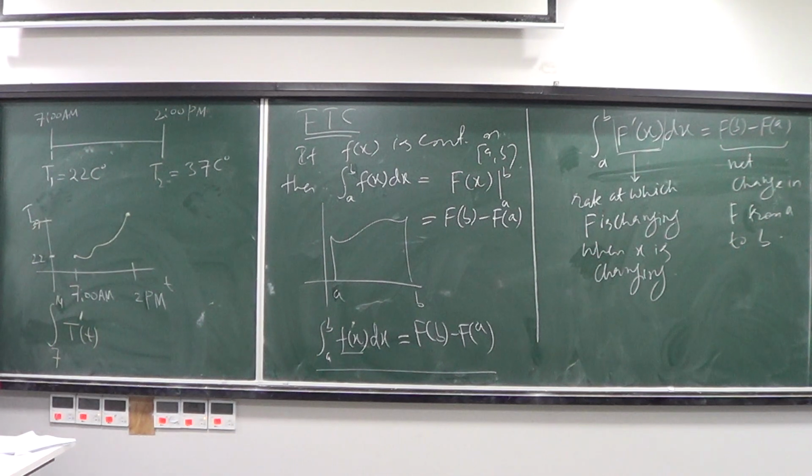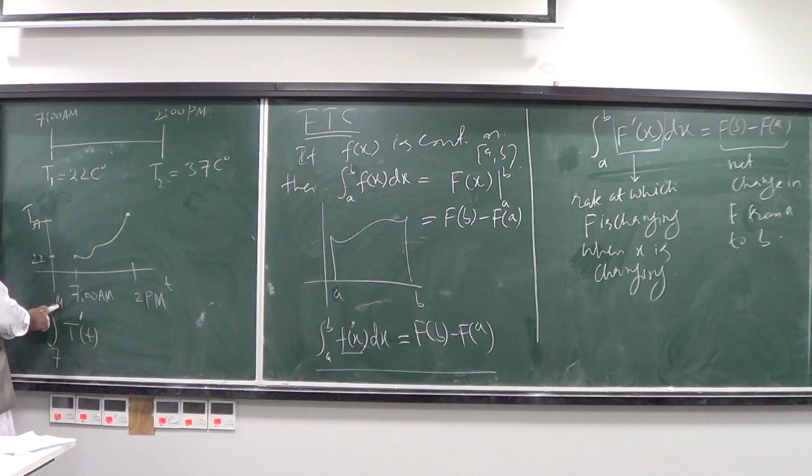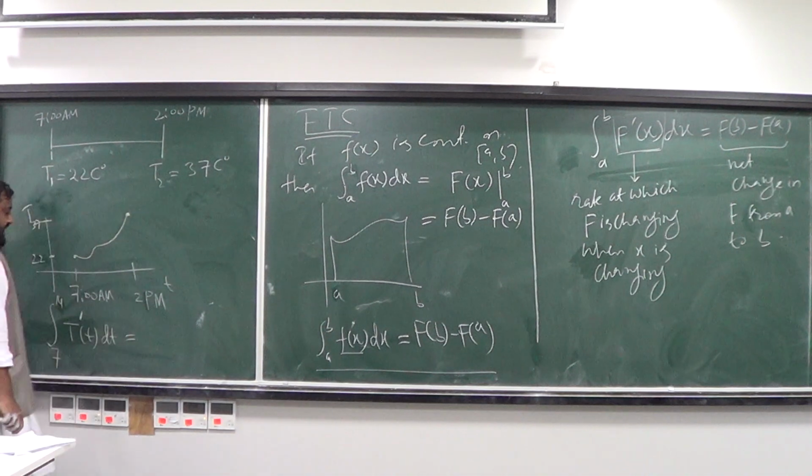If you see it on the 24-hour clock, it's going to be 7 to 14. So if you sum up all changes in temperature between 7 o'clock and 14 o'clock,